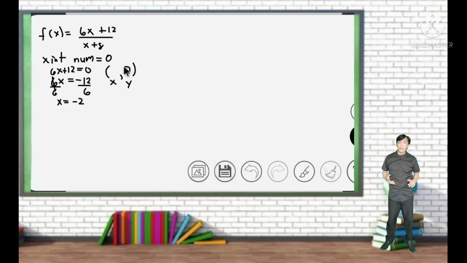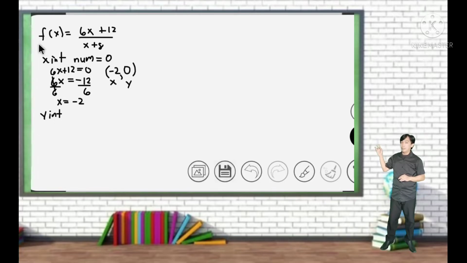Sir, lagi po bang 0 yon? Yes, laging 0. At yung nakuha mong value ng x, yung ilalagay mo dito. Negative 2, 0. That is the x-intercept. Okay. Next, y-intercept. Okay. So, kung kanina, meron tayong 6x plus 12 all over x plus 8, ganito naman ang